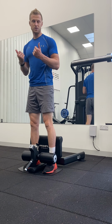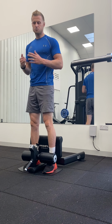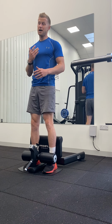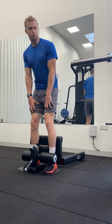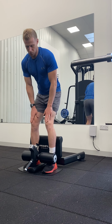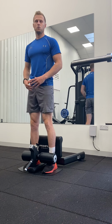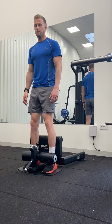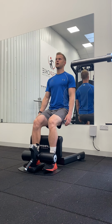Now, again, I've mentioned that you can add weight to make this more difficult. The other option is to extend the lever length. Now, the further you lean back, the more stress it's going to go through the quads, but also the more strain that goes on the knees. So don't try this one if you are recovering from a knee injury, or if you have knees that are susceptible to injury. But you can lean back